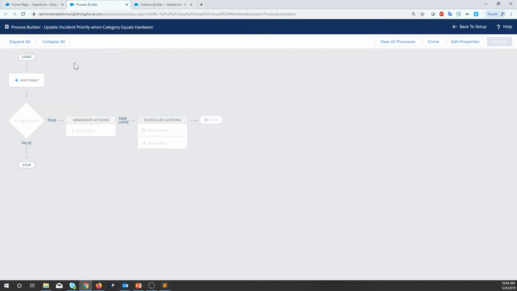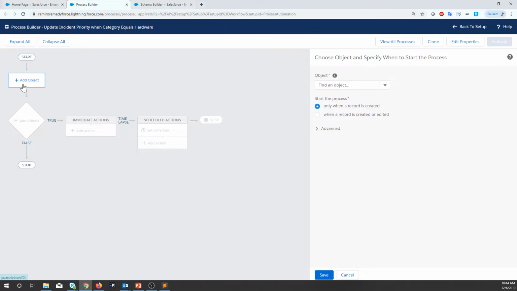As you can see here, the UI is totally different. It is very friendly and easy to understand. This is where the process starts, and then you gotta select the object first, because the process builder doesn't know which object is going to trigger this process. Okay, so for this one as well, I'm gonna take incident,